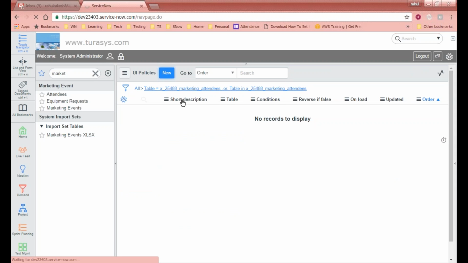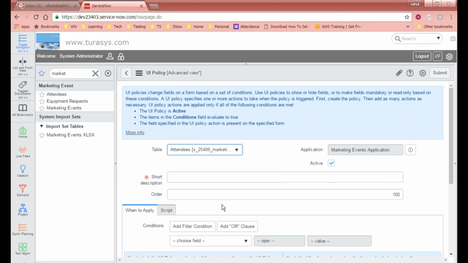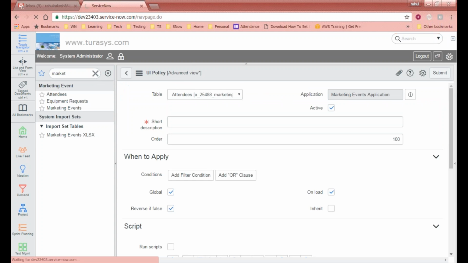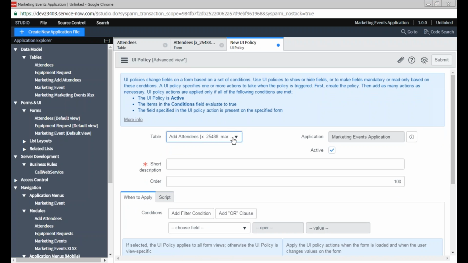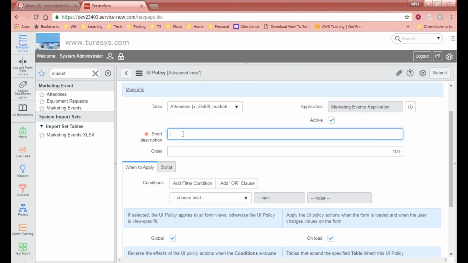Same options will be provided to you, although it looks different because of the interface that we have in the studio, but the same thing is available here as well, right? Here, since we went from the attendees form and now I'm clicking UI policies, it is by default selecting the table on which this is getting applied because the scope was attendees right now. But here I had to choose the table name from the available list of tables, right? So same stuff. So you put your table name here,